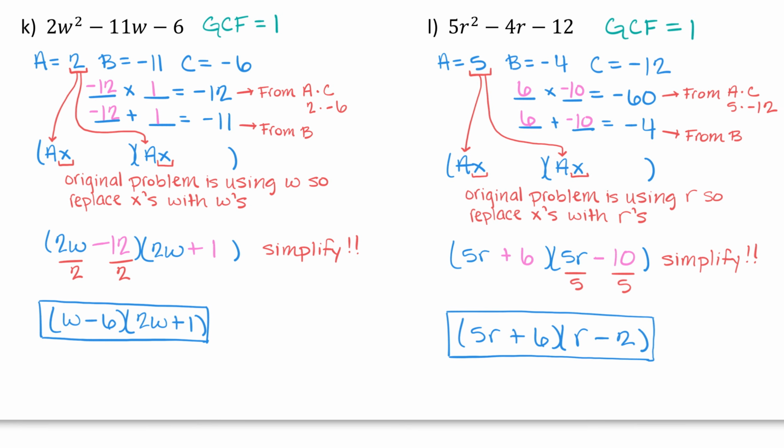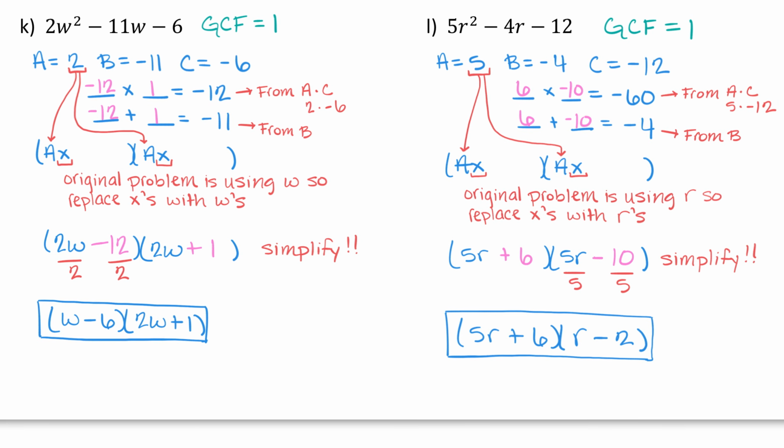And for K and L, with these ones, both of them, it's important to remember that our A is the double axe part, so the double A part. A is 2 in this case, so I have double 2's. And then the letters W, so you replace the X with W, double W, double W,